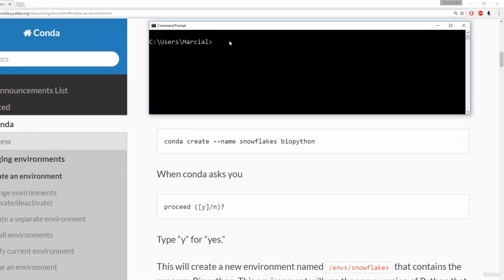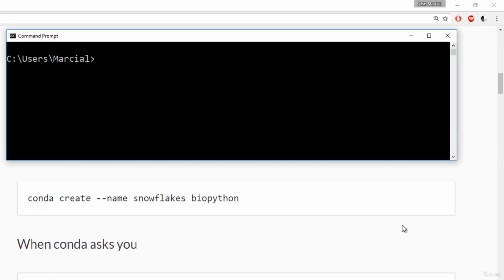Okay, so here's my command prompt. I will go ahead and create a virtual environment. We'll say conda create first. Then I'm going to say --name for name. And let's go ahead and call this just a ridiculous name so we know we're actually doing something. We'll call it fluffy. And then we need to put in a library to initiate it with. Let's go ahead and start off with NumPy, since that's going to be one of the first libraries we learn